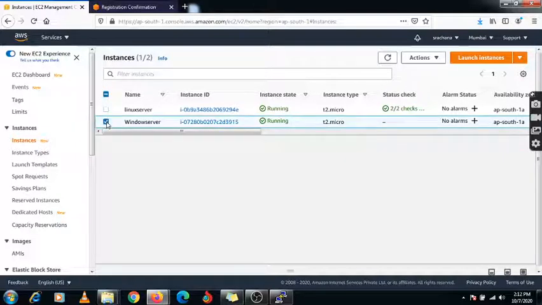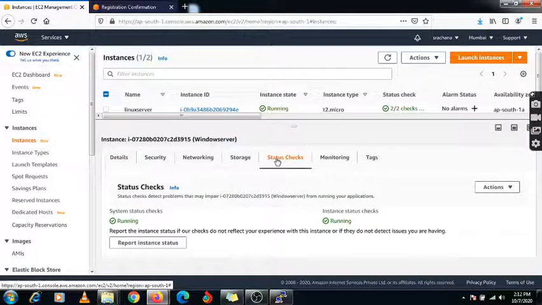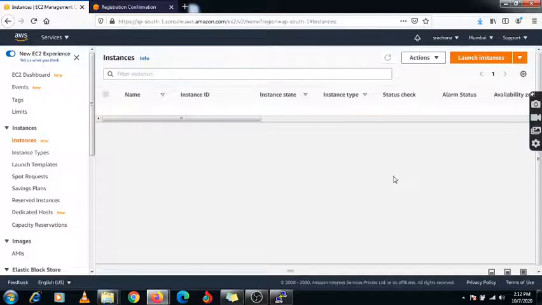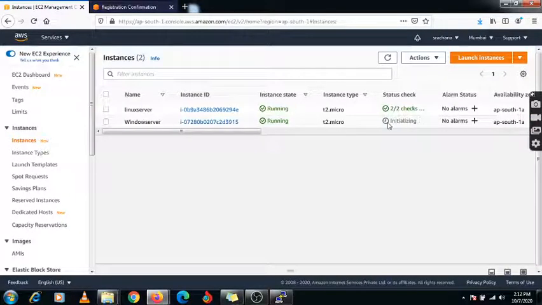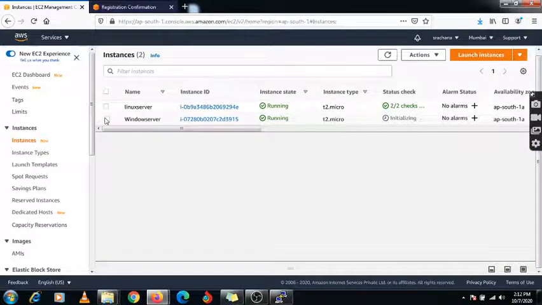Here you will get the status check. This status check always needs to be running. So the 2/2 option will reflect here. I need to refresh it. It is initializing. Till then we will check the other settings of this Windows machine.